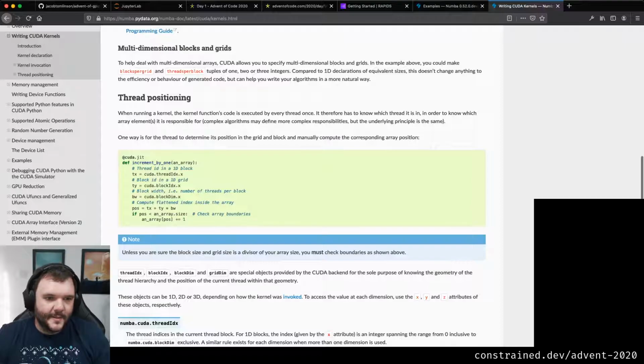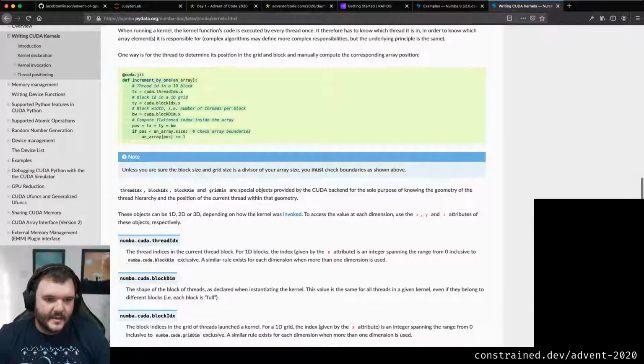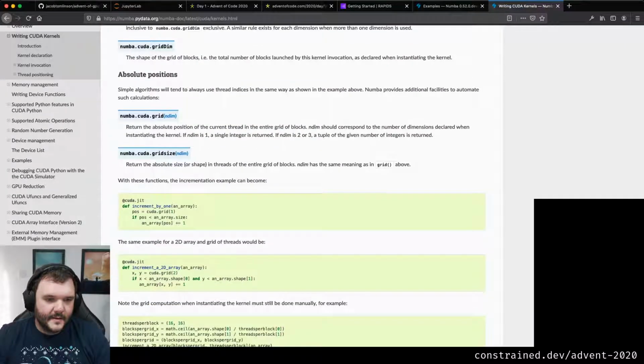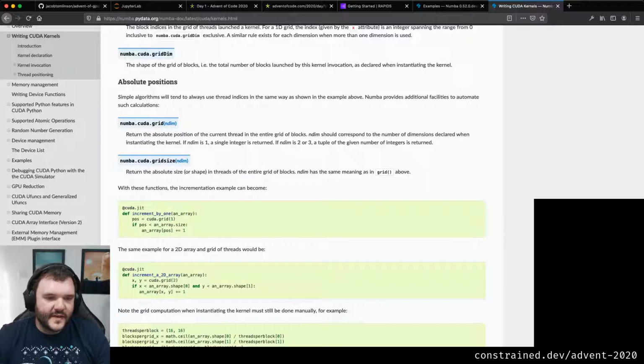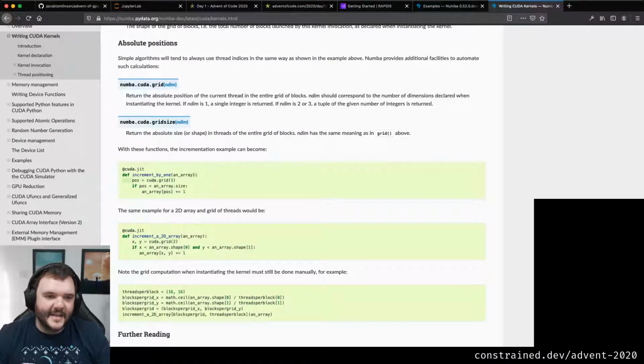So let's copy this. And you can also just get the absolute position. You can get all of these things out, but you can also get just the grid size. If we're working in a 1D array, which we will be for this problem, you can ask what is my position, and it will say, oh, you're thread number 1, thread number 101.